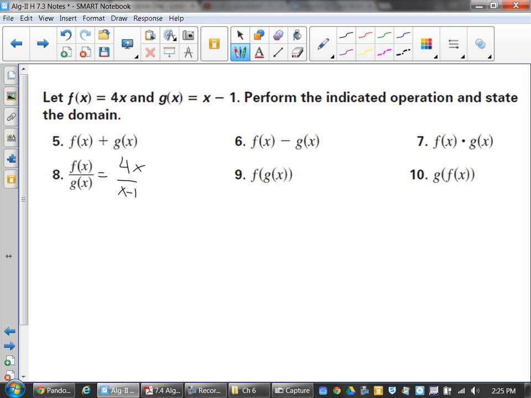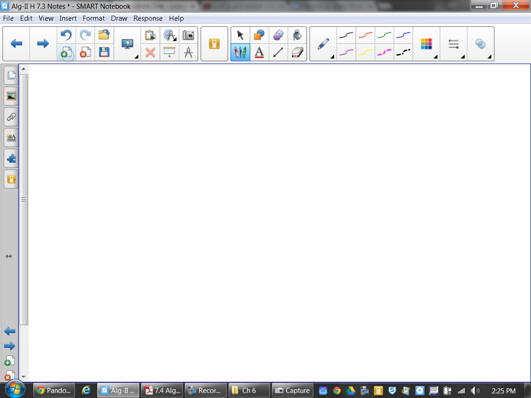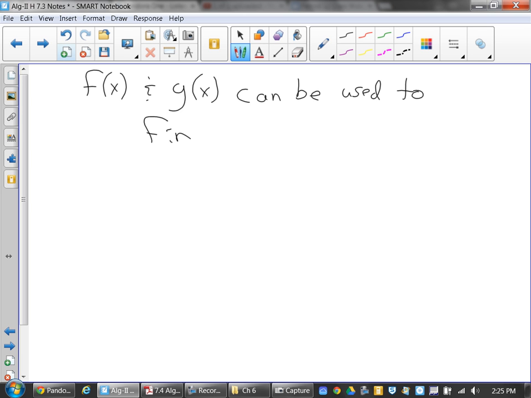Oh, yeah. This goes to x minus 1. All right, so let me show you what this means then. With f of x and g of x, they can be used to find inverses